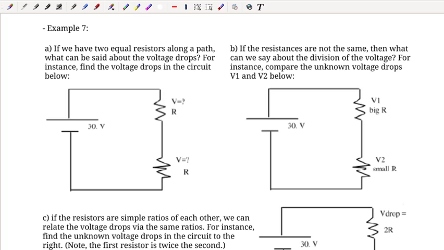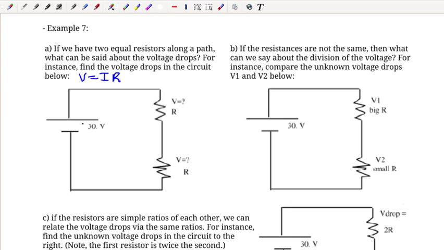Example number 7. If we have two equal resistors along a path, what can be said about the voltage drops? For instance, find the voltage drop in the circuit below. So we know that we have the same current no matter where along the circuit we go. And our current and resistance and voltage are related by Ohm's law. So if the current is the same in both resistors, and the resistance is the same for both resistors, then that must mean my voltage drop has to be the same for both